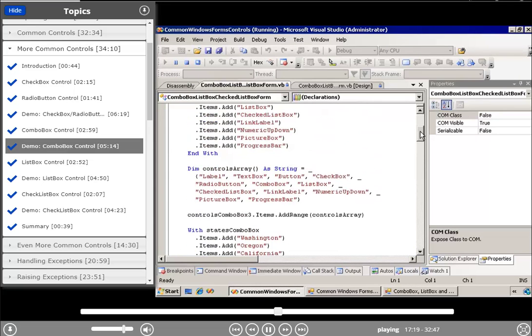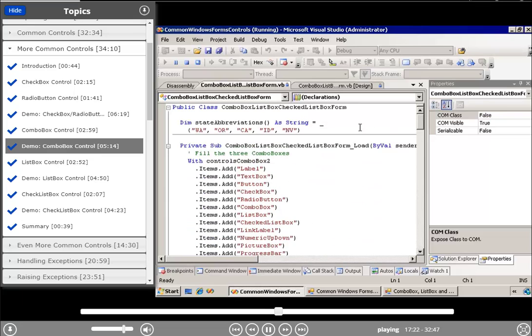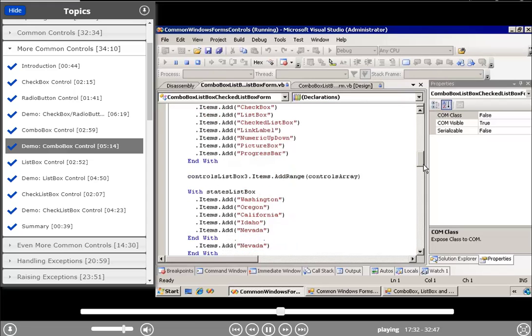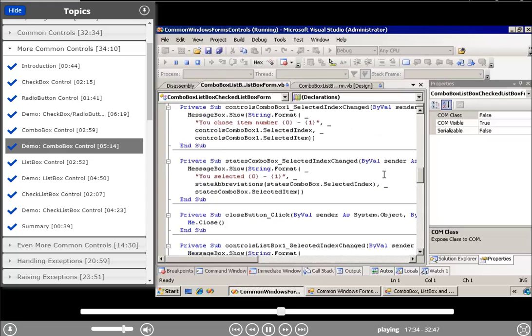So I've created up here a state abbreviations array which contains the 5 abbreviations for the states, Washington through Nevada,